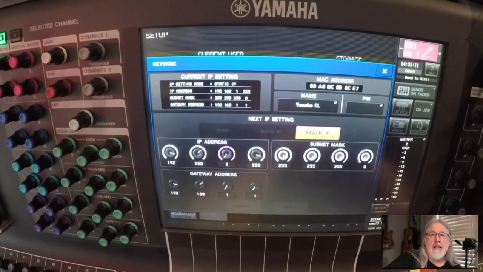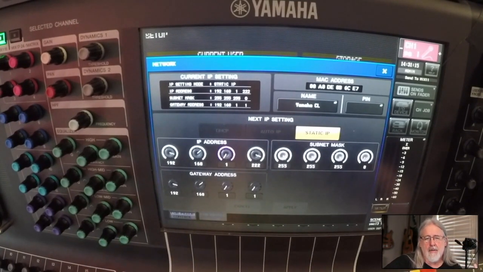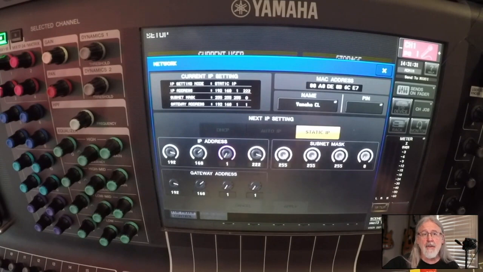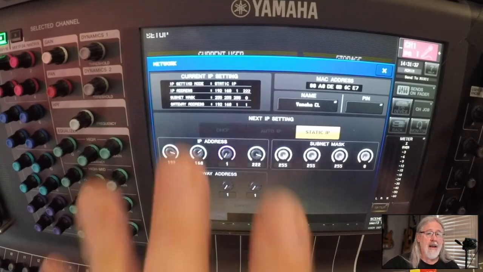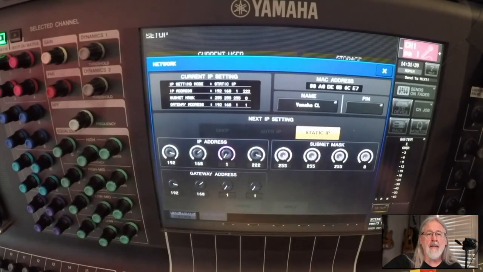This is where you set the IP address for the console so that you can then attach external things like iPads and CL editors. One of the things to know about the Yamaha consoles is they will not operate in auto IP or DHCP mode for console control. It has to be a static IP. That doesn't mean that everything in your network has to be static IP. You can still use a DHCP server, but you have to set a static IP in the console, and then